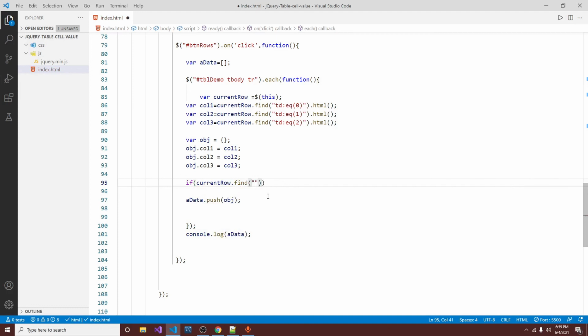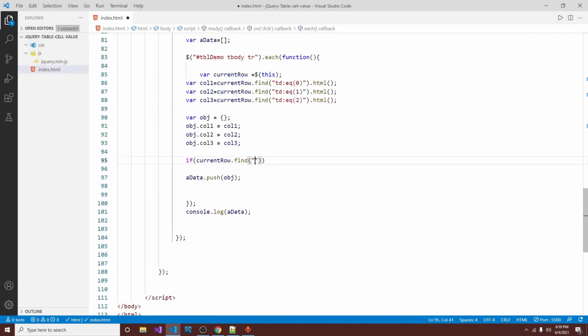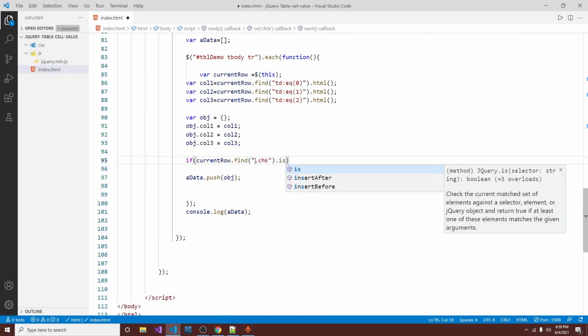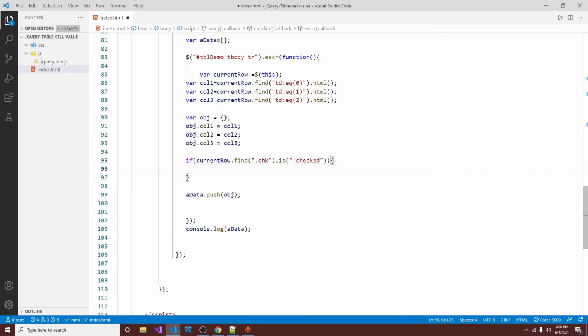We have to find a checkbox, and we have already given a class for that, chk dot find. Chk class is checked. This will return the boolean value. If it is checked, then only we add it into our variable.